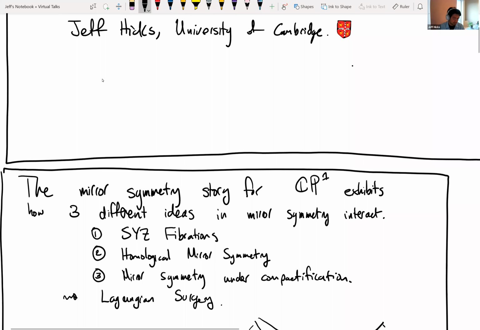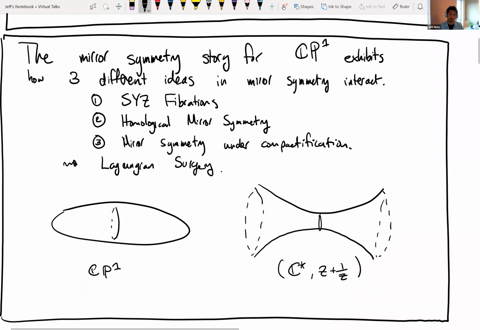So the mirror symmetry story for CP1 exhibits three different ideas in mirror symmetry which are going to be interacting for us. The first one is SYZ fibrations, so Lagrangian torus fibrations. The second one is that this is an example where we really understand what homological mirror symmetry should be. And the third one, which is really going to be the focus of the next talk, is understanding how mirror symmetry behaves under compactification. And I'll also talk a little bit about Lagrangian surgery, which is a tool that we'll be using in the